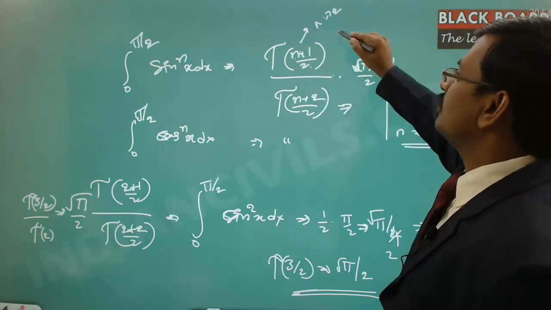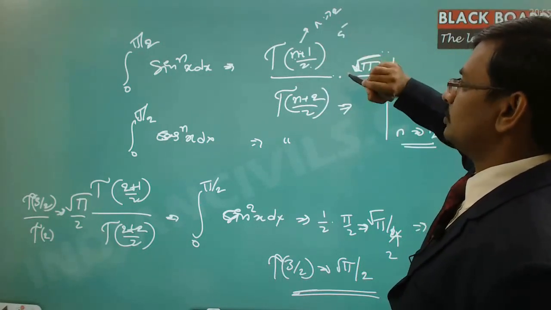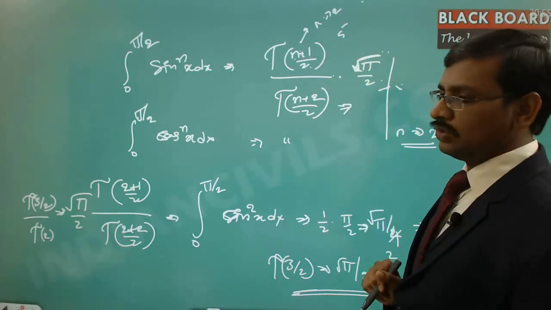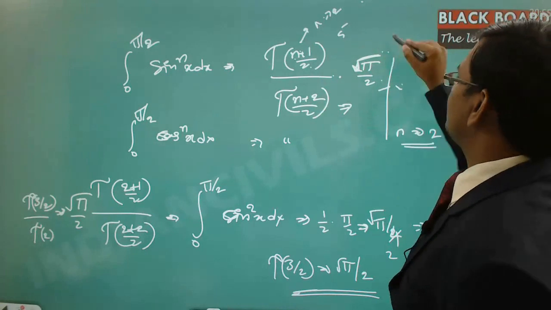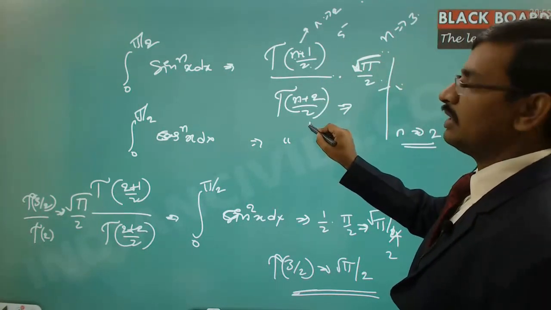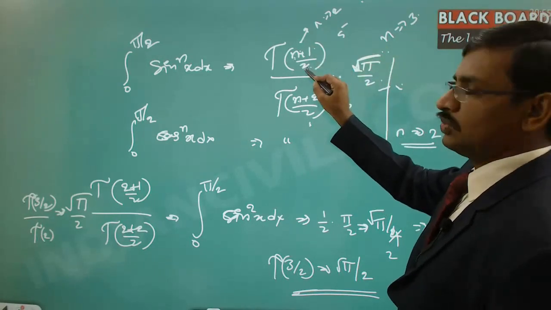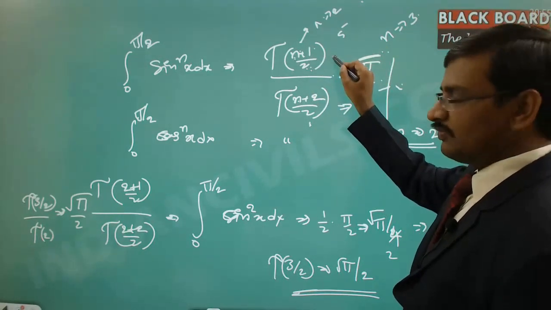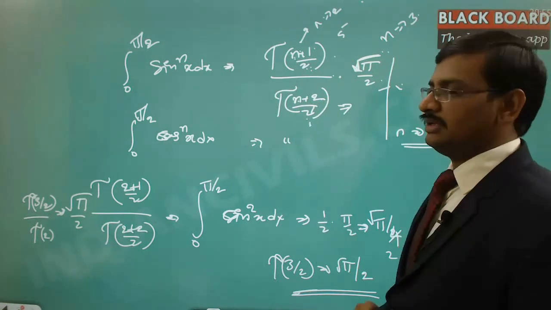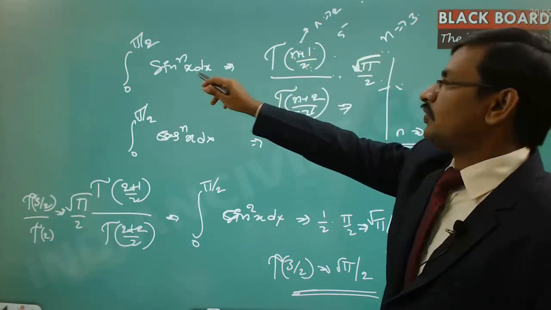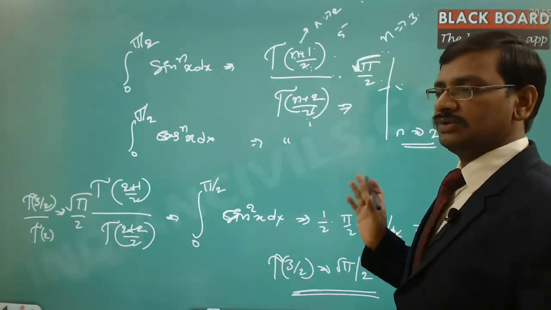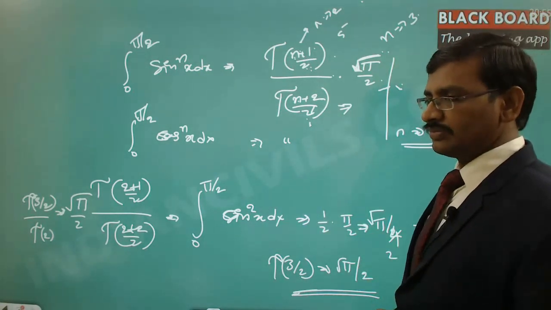Suppose you wanted to keep 5 by 2. So for that 5 by 2, if you want to keep 5, then n is equal to 3. Now n is equal to 3, if you substitute it, then 3 plus 2 is going to be 5 by 2 in the denominator, and in the numerator 3 plus 1 by 2 is going to be 2, and this is going to be 1 factorial, and then 5 by 2 is in the denominator. Hence you can still use the same property here. Got it? And you should be able to find out the sine cube x dx value, and that value you have to find out, and then you can still proceed further. Got it? Any questions?